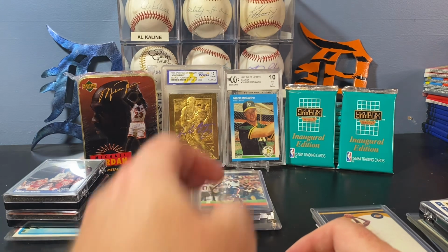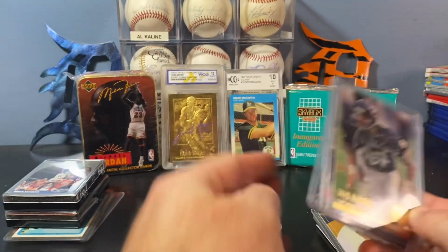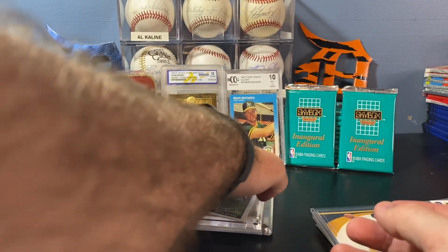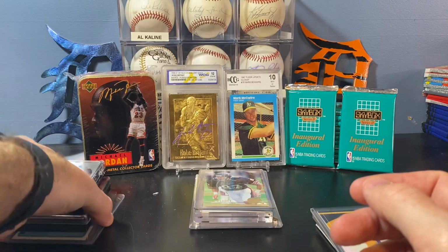And if I were to sell these at a show, for these Kevin Butlers, I might put a couple bucks on them apiece. For the Tom Waddle, a couple bucks. For the Urlacher, I might put like 20 bucks on it because it looks like some of them were selling for like 40 to 50 if they were authenticated. But it just costs money to authenticate and then to be able to move it. So the last few that we have here,